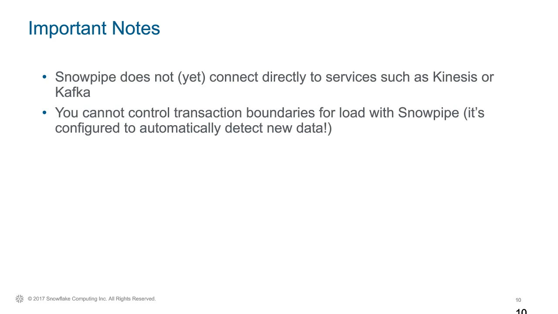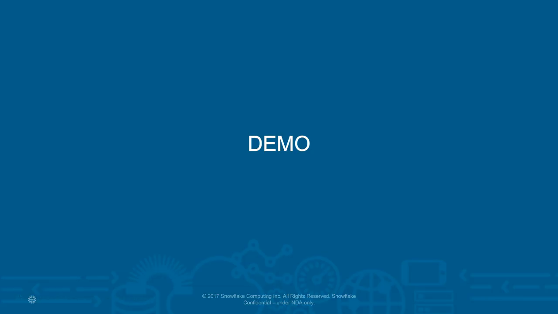I guess probably a lot of this will become clearer as we go through the actual surface area and the experience. I've put together a little demo using Twitter as an example. What I would like to show you is essentially having a Twitter feed going through Kinesis Firehose, and an S3 bucket, and then configuring Snowpipe with option 1 so that as soon as new files are being placed in the bucket, they're being loaded into a target table in Snowflake. Let me share my screen here.